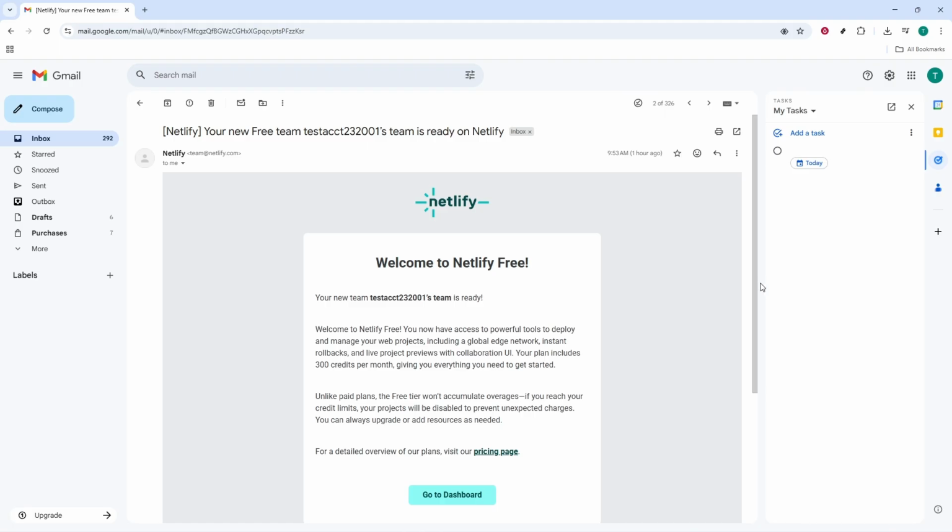This is especially useful for follow-ups, approvals, scheduling, or anything that needs action beyond reading. Repeat these same steps whenever an email requires attention, and you'll build a reliable list you can work through without losing track. Because Tasks is part of your Google account, it syncs across devices, so the to-dos you create here will be available